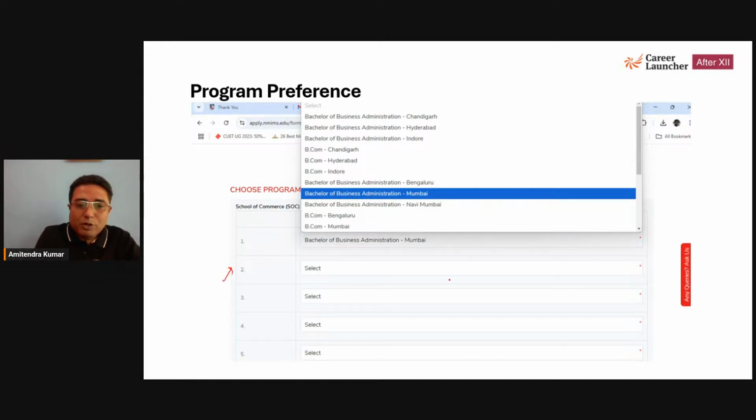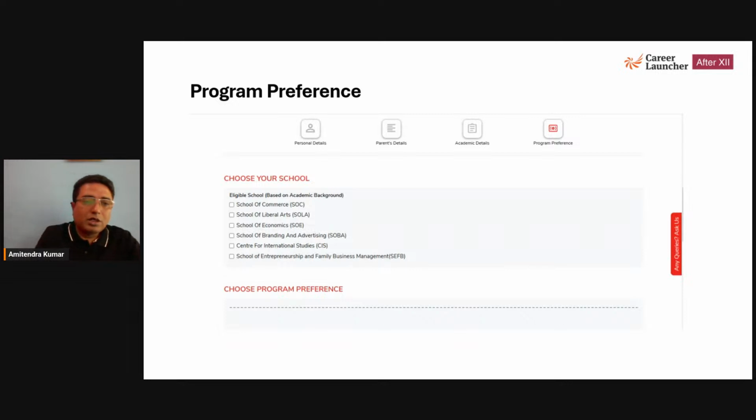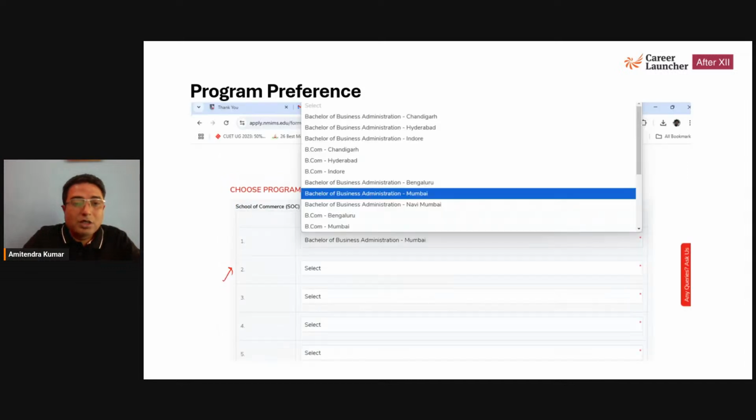So from the drop down, keep on selecting the campuses for the programs you want to apply. You can select multiple schools over here. So in case you are looking at liberal arts, click on multiple schools, and the moment you select multiple schools, the fee will increase. The exam will remain the same, the application fee will increase. The exam will remain the same, you don't have to give a separate exam. NPAT is a common exam for all these programs actually. So you keep on selecting as many as you want, you have to pay extra. That's how it is. So this will be a personal call for every student.